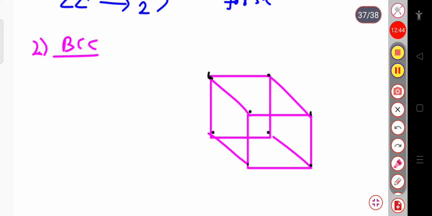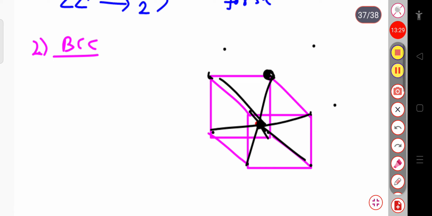The coordination number means the nearest neighbors, as well as the equidistant neighbors. So if I consider the point inside the cube, for this atom, all the 8 corner atoms are the nearest neighbors. All the corner atoms are equidistant neighbors. And also if I consider any corner atom, then all the body centered atoms present in the different unit cells will be the nearest neighbors of this atom.